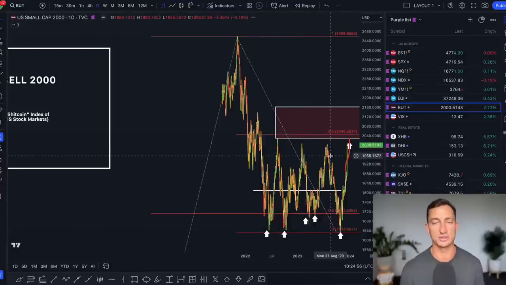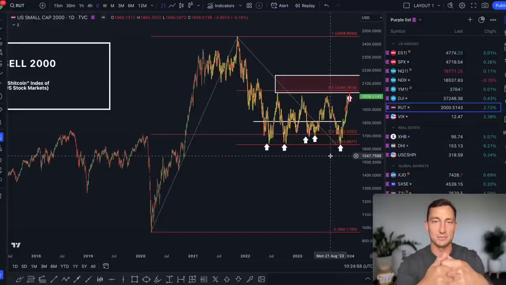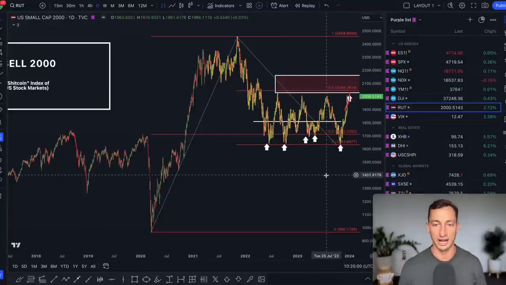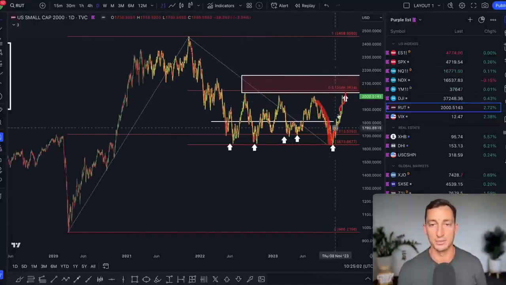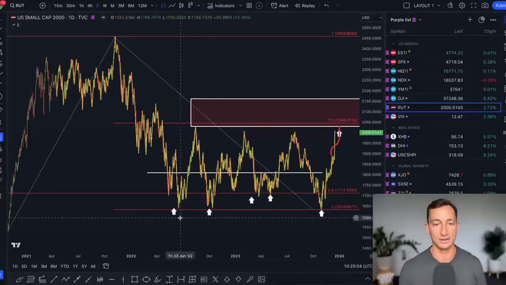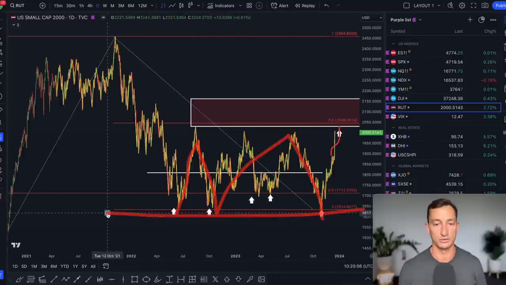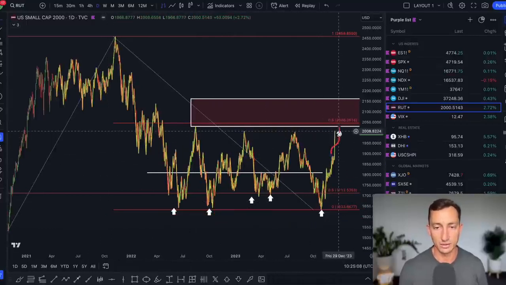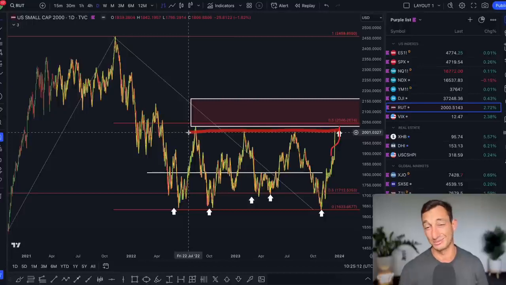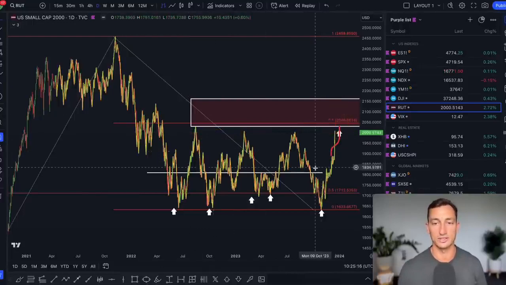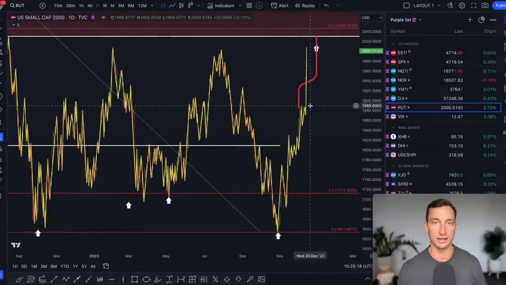It's some nonsense that they always string together to give us some sort of narrative, absolute garbage. Anyway, the Russell 2000 has now bounced out of this triple bottom, beautiful along the bottom here, and it's almost at one of its highest prices over the last 18, 20 months, and it's getting close to that 2050 level. So it's had a pretty solid move out of that low.